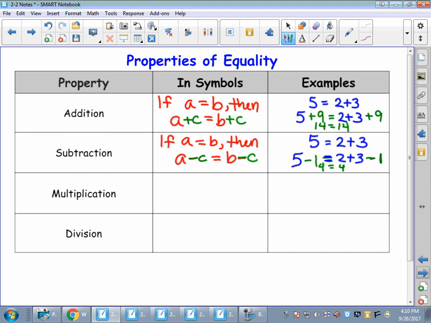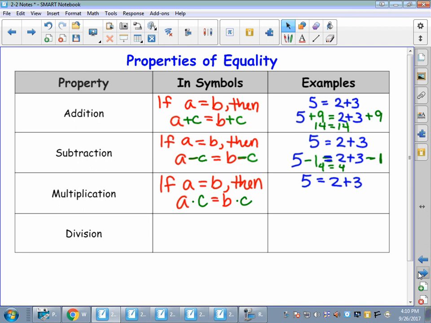Multiplication just follows the same pattern here. If I have two sides equal to each other, A is equal to B, then if I were to multiply both sides by a common amount, they'll still be balanced. Okay, and so this is what allows us that if I have 5 equals 2 plus 3, and I decide that I want to multiply this entire side by 2, and I want to multiply this entire side by 2, as long as I'm consistent,